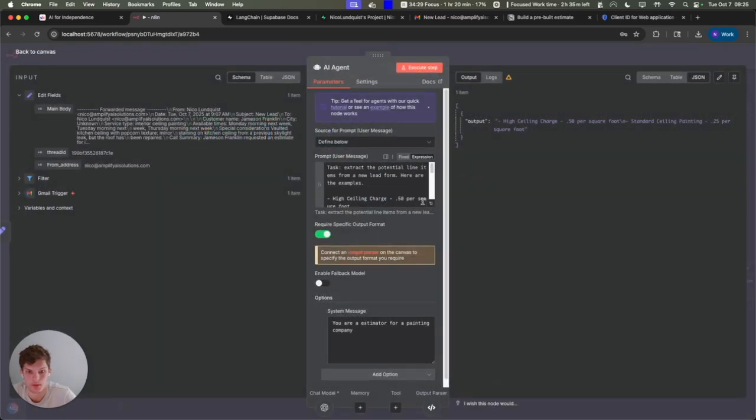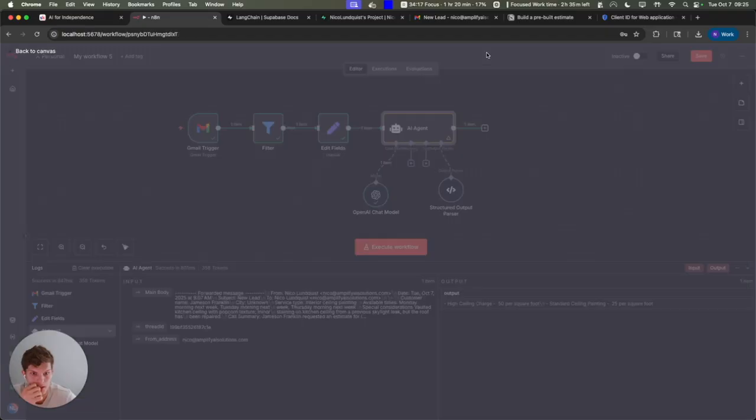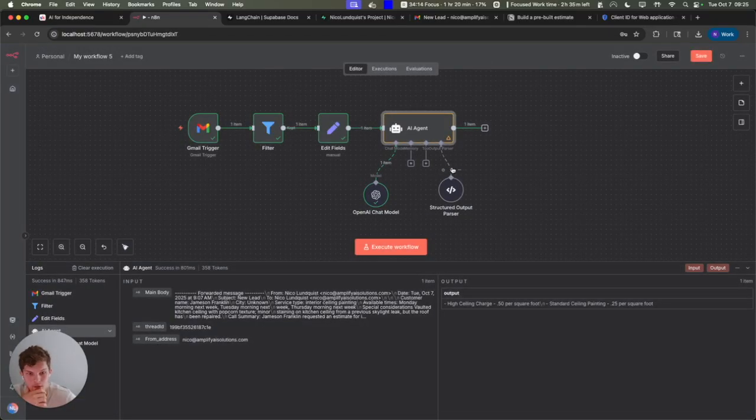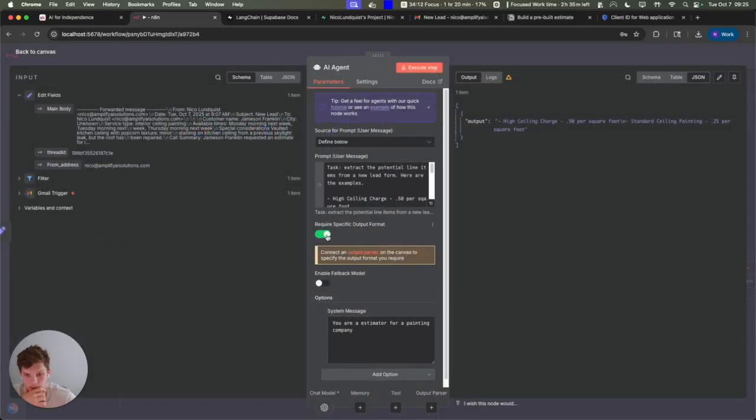Honestly, we can just take this piece because we want to break that out into different tabs here. But honestly, we don't. Yeah, actually, scratch that. We don't need that because we're going to set up another agent that's going to